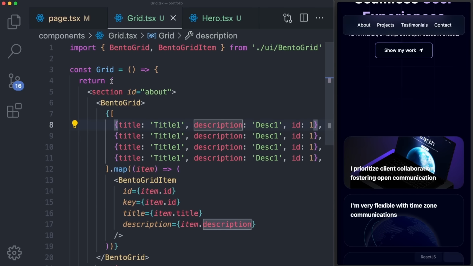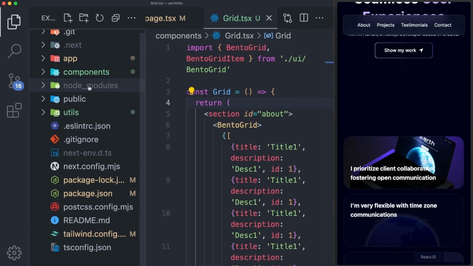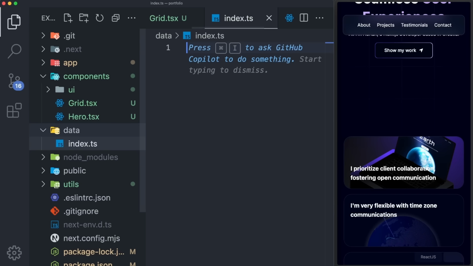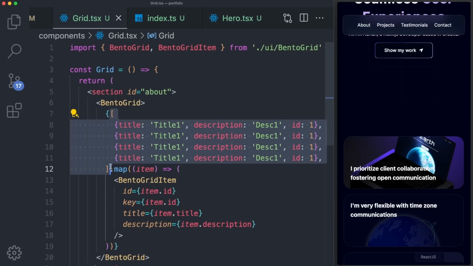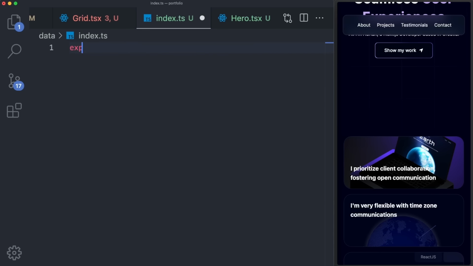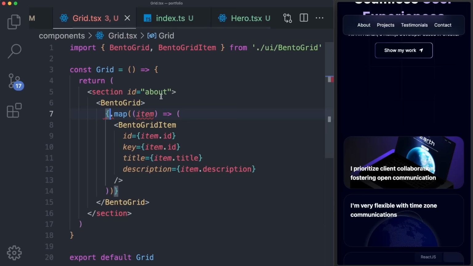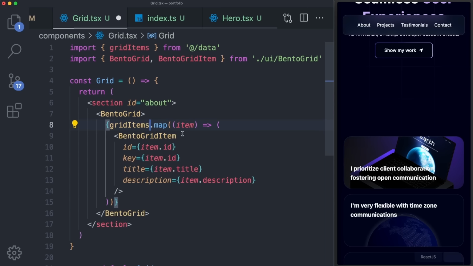So for that reason, what I often like to do is create a separate folder within the root of our directory called data. Within that data, we can create a new index.ts, and then within it, we can declare those types of data arrays, such as this one. So let's declare it by saying export const gridItems is equal to an array of these elements. So now we can go back here and just import gridItems, save it,